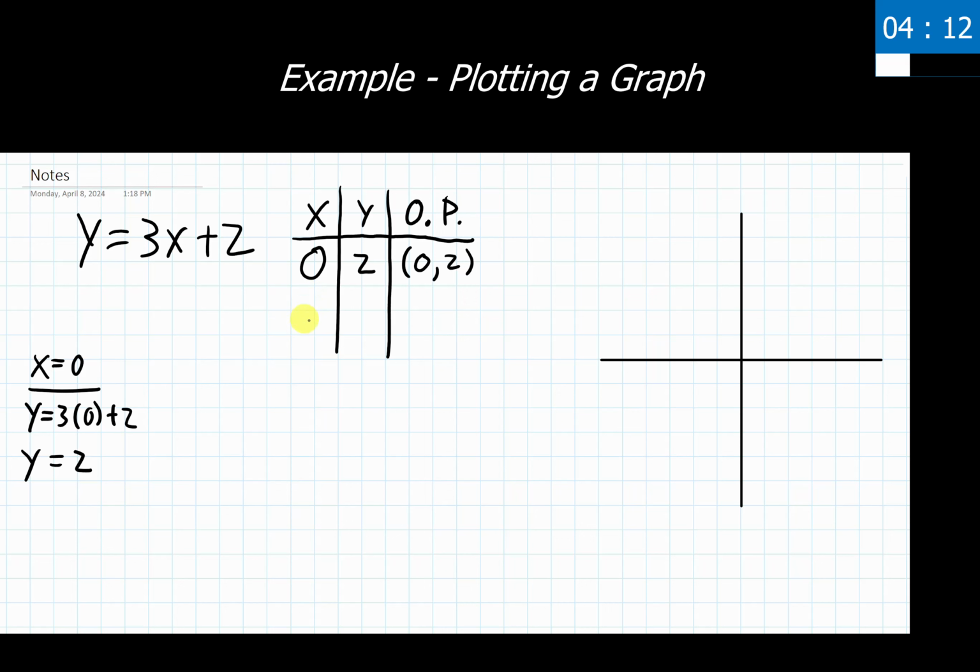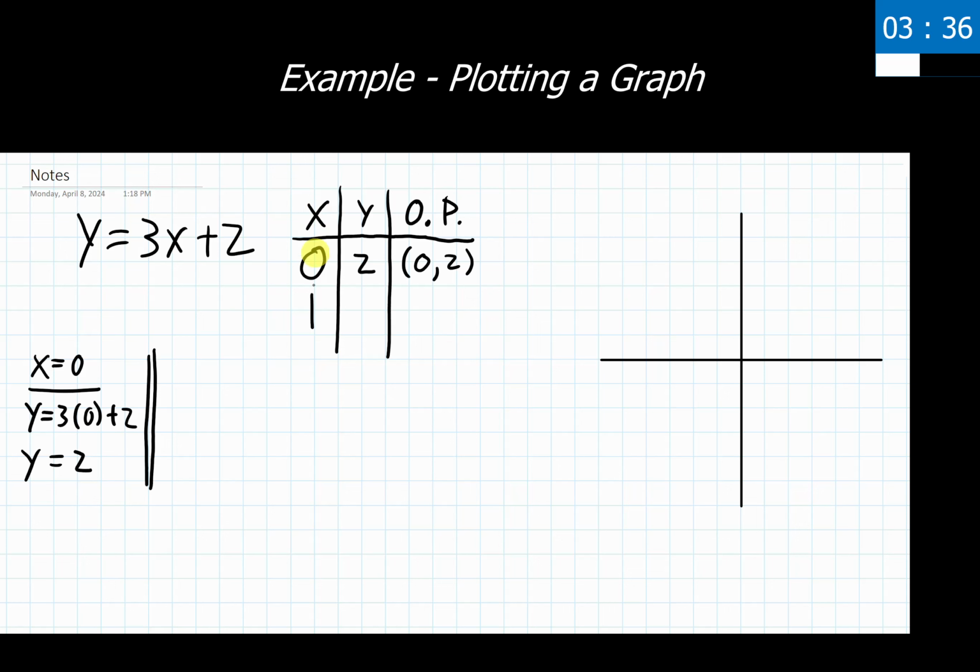And now I need to find at least one more point to be able to graph this thing. So I'm going to go ahead and divide this up here. What's another x value that we could use here? Could be a positive, could be a negative. Again, this is entirely your choice. And I'd recommend as you're going through these, pick nice, easy numbers to work with for yourself. I think numbers between -3 and +3 are generally a good starting place. And honestly, 0 and 1 are always really good starting places if we have integers here.